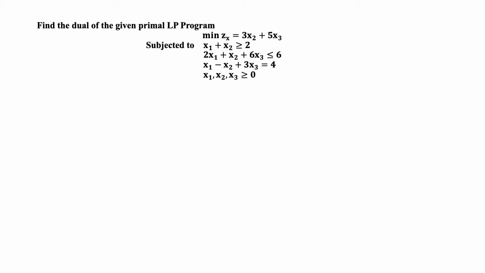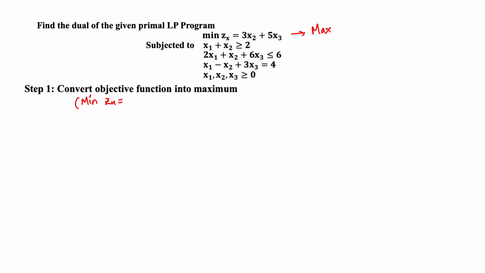Hello everyone. So in today's lecture we are going to convert this primal LP problem into dual LP problem. So first step involved is to convert any primal problem into standard form. For what is the standard form I am taking? First is my objective function should be in maximization form. So for that I have to multiply my objective function with -1 to convert into maximize form.